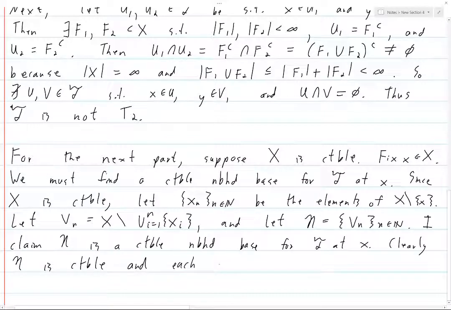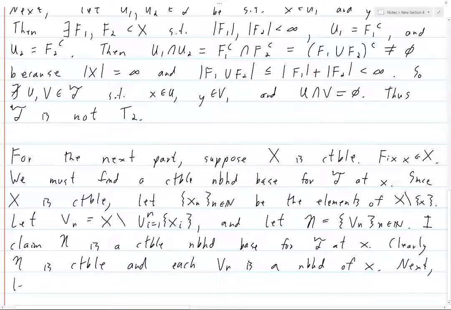each Vn is a neighborhood of x. Because for each Vn, you remove x1 through xn, and the set x1, x2, x3, etc. does not contain the point x. And so for each of these Vn's, we're not removing the point x. And so Vn is indeed a neighborhood of x. It's in fact an open neighborhood, but I don't think that matters in this definition. So